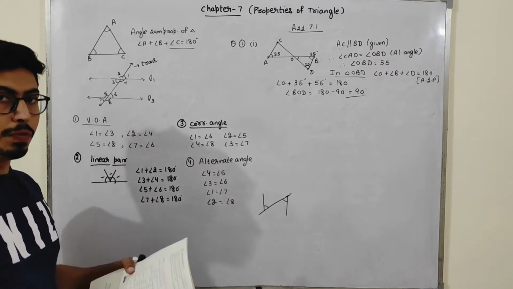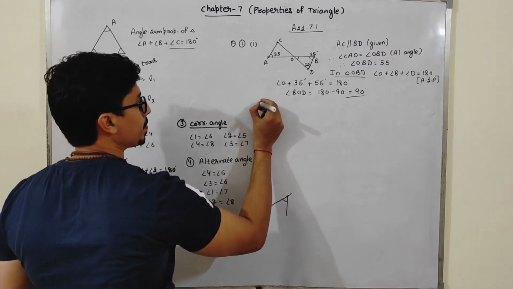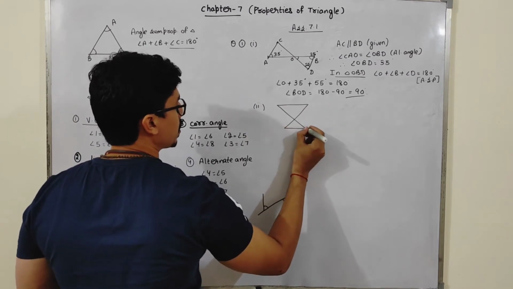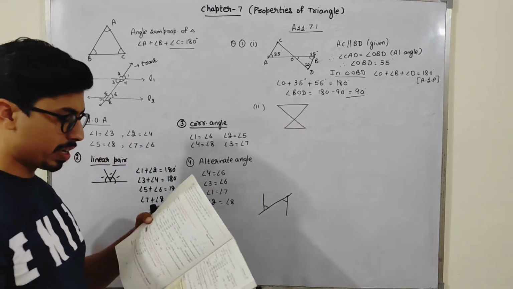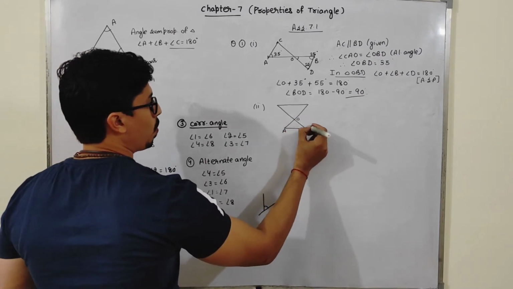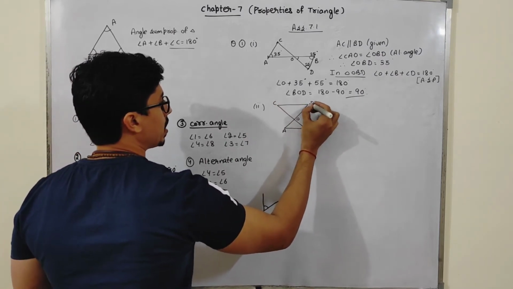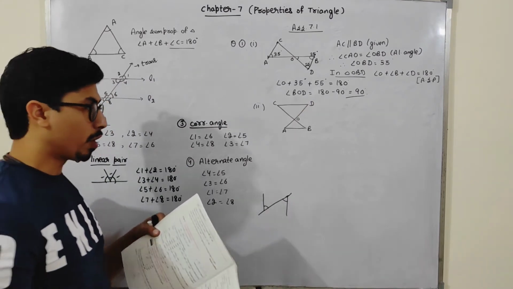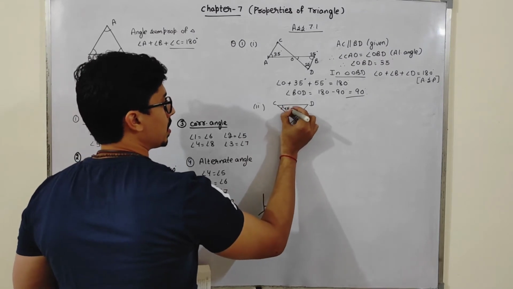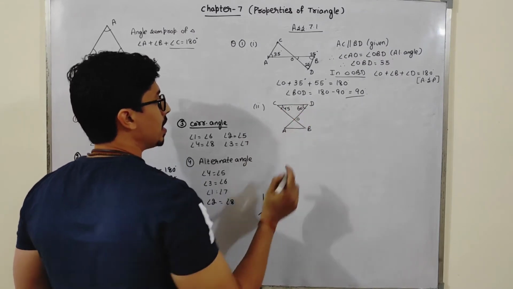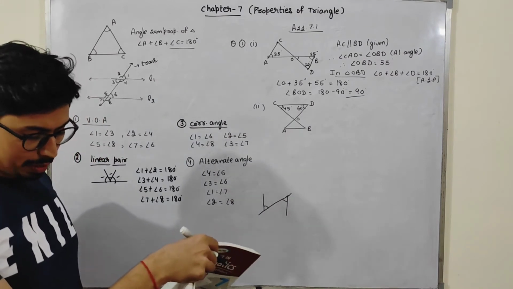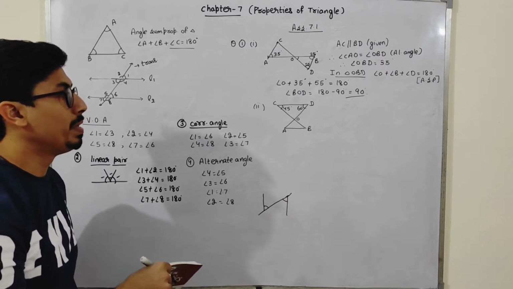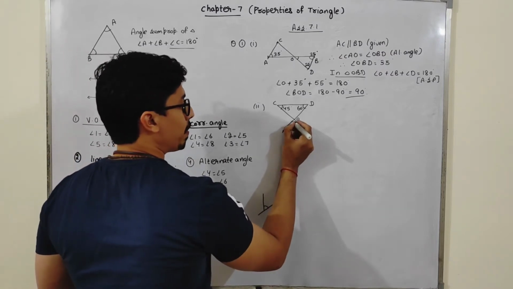Similarly, students, moving forward to the second part of this. See, this figure is given to us. In this figure we have A, O, B, C, D. AB is parallel to CD, it is given to us. Angle 45 degrees is this, and this is 60 degrees, students. These two angles are given to us, and what we have to find out is the measure of angle AOB. We have to find out AOB, students. This means this angle we have to find out.